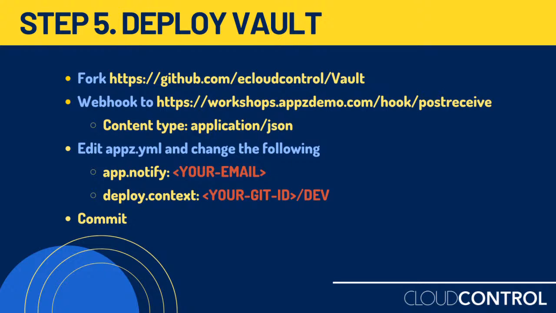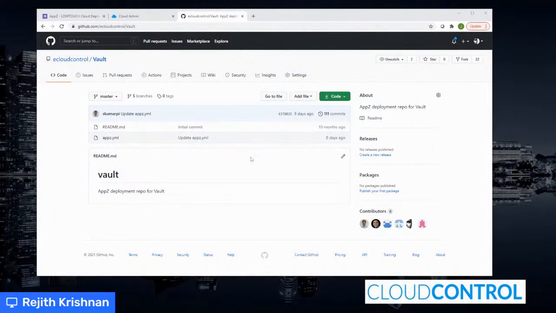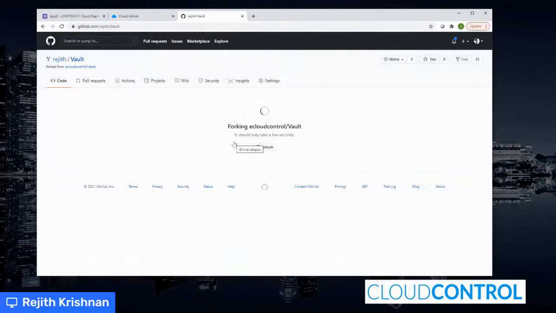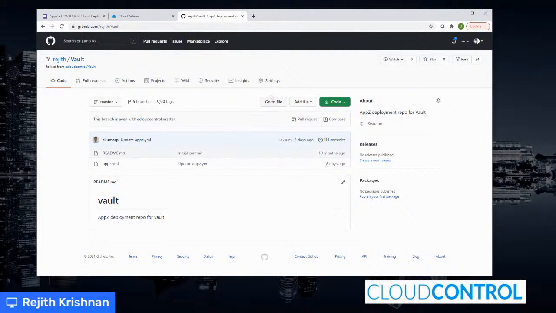All right, I'm posting the link in Slack. That's a Vault. I'm going to share my screen now. So here is the repo. And what I'm going to do is fork it into my account. So I'm going to pick Rajat, and it's going to fork now. So once it forks, I'm going to